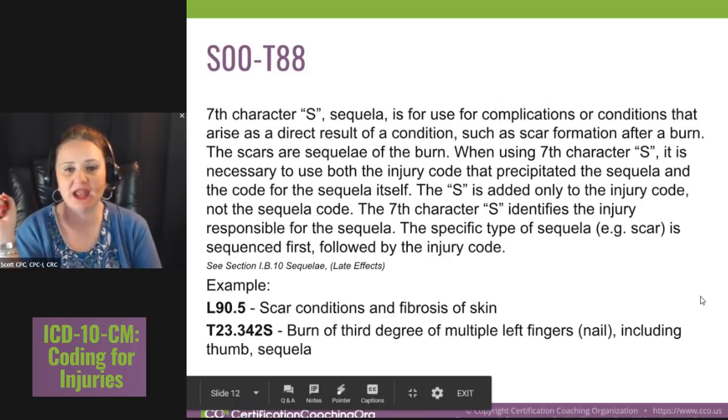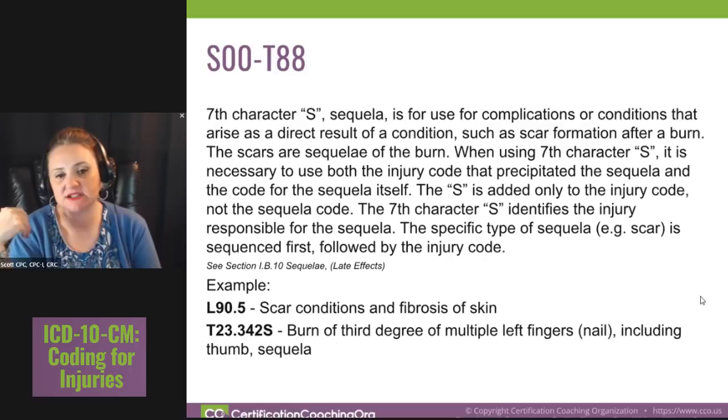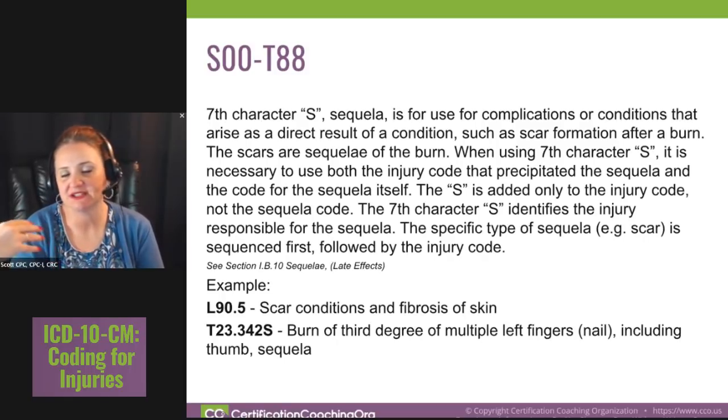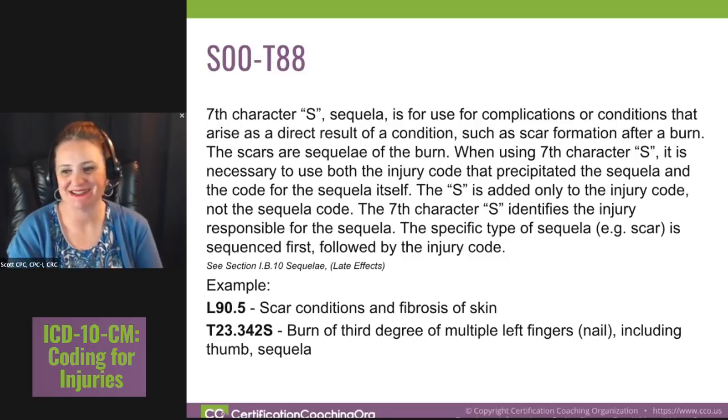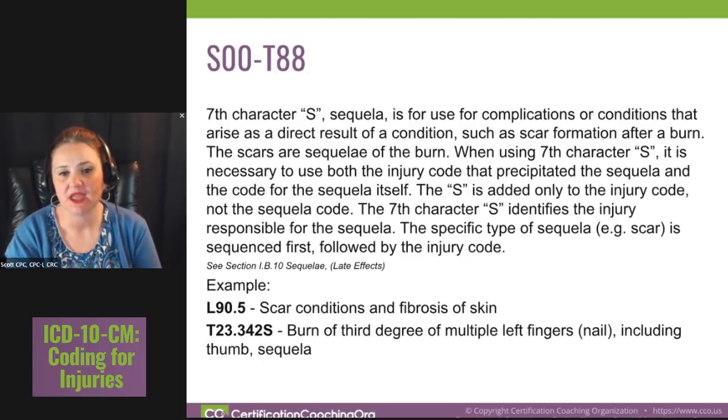Okay, what about a sequela? Now, sequelas are often explained with burns, I think. That's one of the easiest ways to explain it. I also think of arthritis. If a person has arthritis in the knee, and so they have a late effect